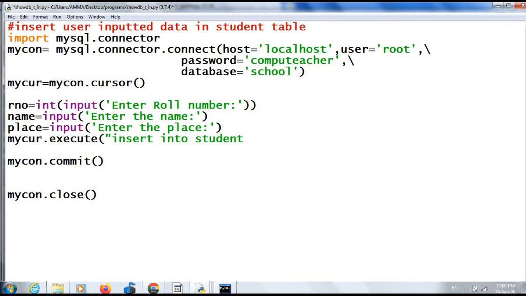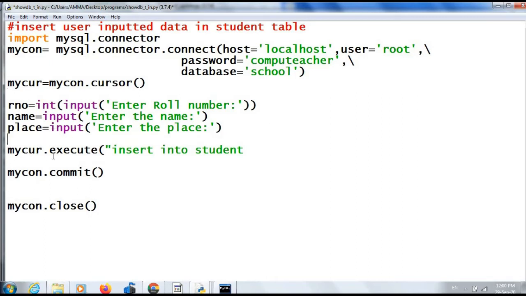Then we have to accept the values from the user. For that, use the input statement. Roll number is an integer, so use int of. Then name and place are strings. After that, cursor object dot execute, insert into student values. Here we have 3 values. First one is RNO, it is an integer, so put the curly bracket there.